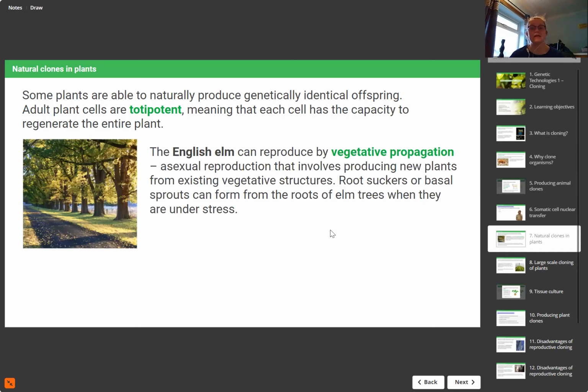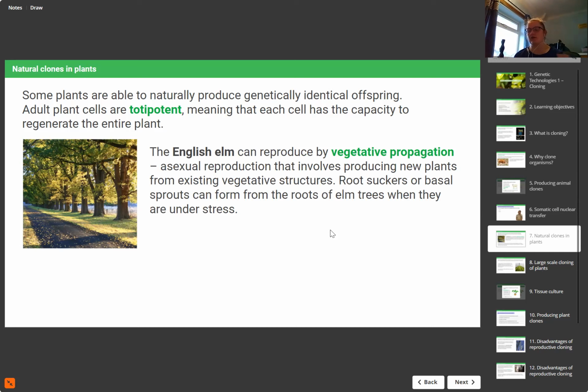For example, the English elm tree can be reproduced by something called vegetative propagation. This is asexual reproduction, and that involves producing new plants from existing vegetative structures. So root suckers or basal sprouts can form from the roots of elm trees when they're under stress. Asexual reproduction usually only occurs